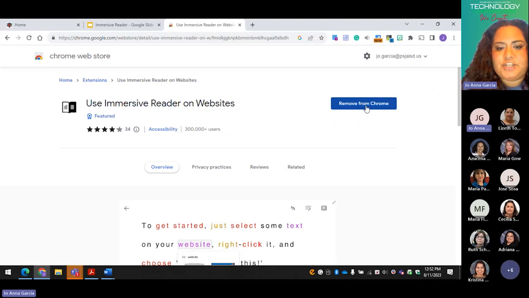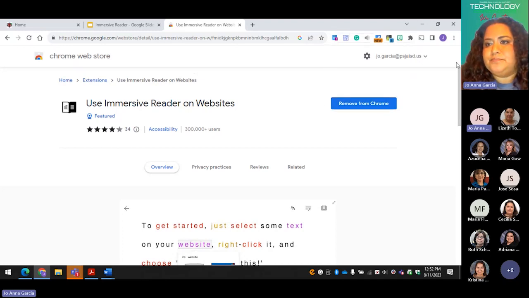For Microsoft Edge, it's already embedded. Another great tool for this is that the students' Chromebooks have this embedded in their computers as well. So they already have it available for them. What you need to do is just add it to your Chrome extension. Once you add it to Chrome,